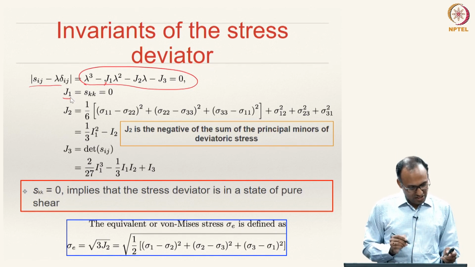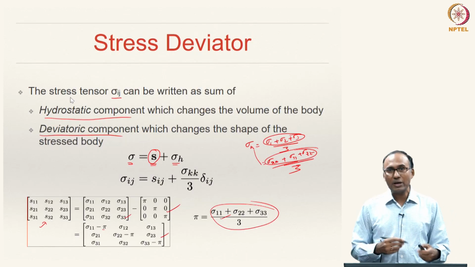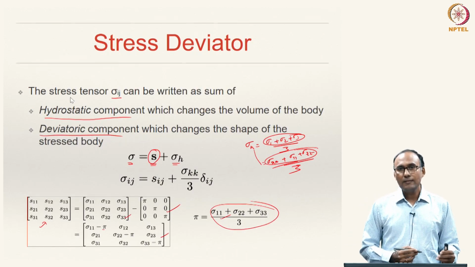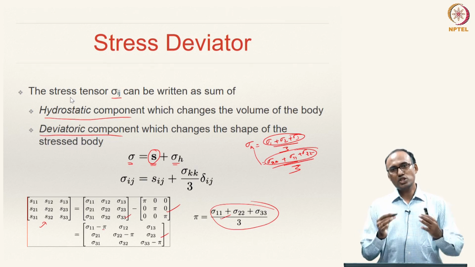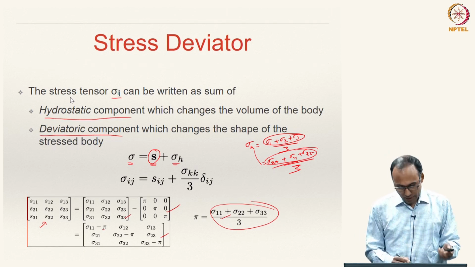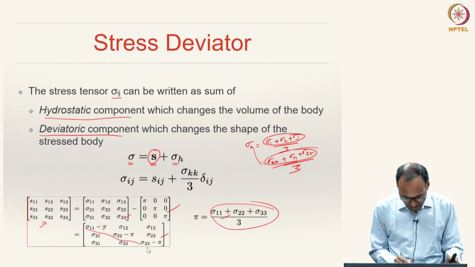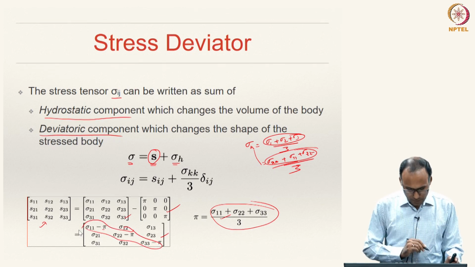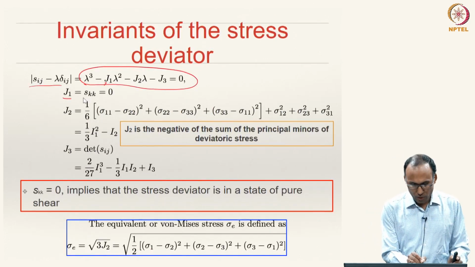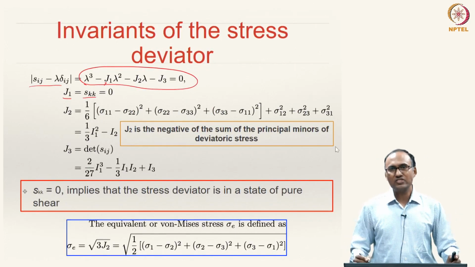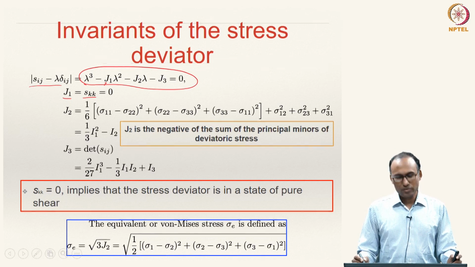What is the trace of the stress deviator? We can clearly see, because it is a stress deviator, it will only cause distortion, no volume change, and the diagonal elements actually represent the volume change. So, if you calculate the trace, that actually makes it equal to 0. So, the first invariant J1 is always 0, right,